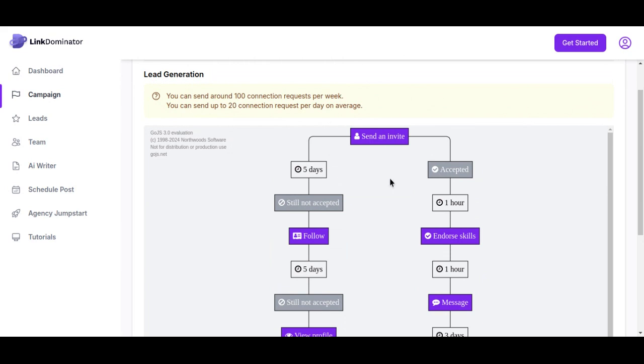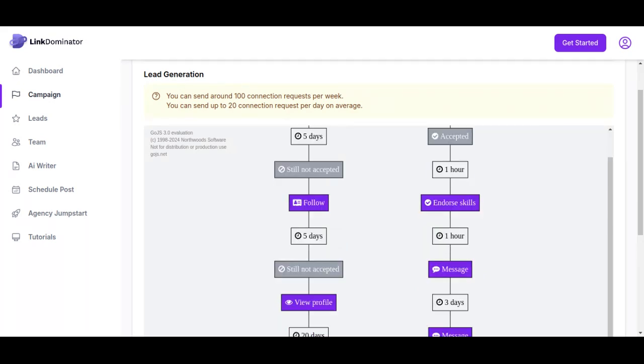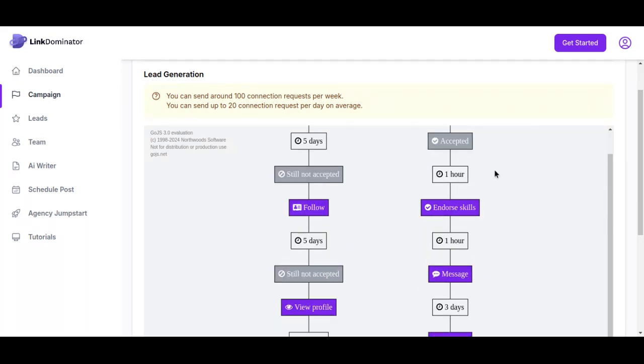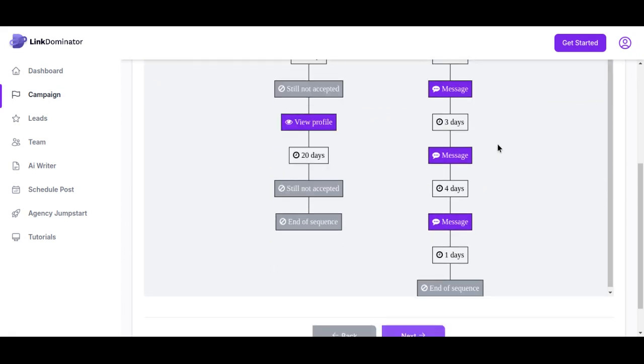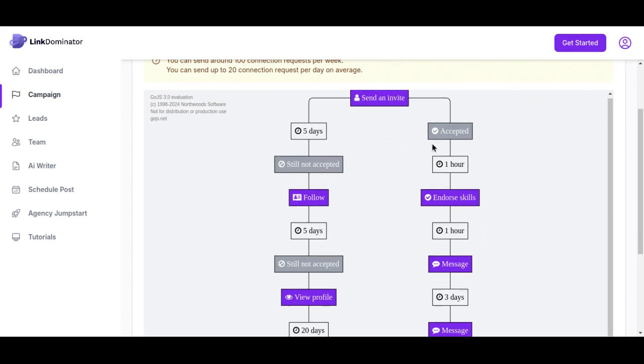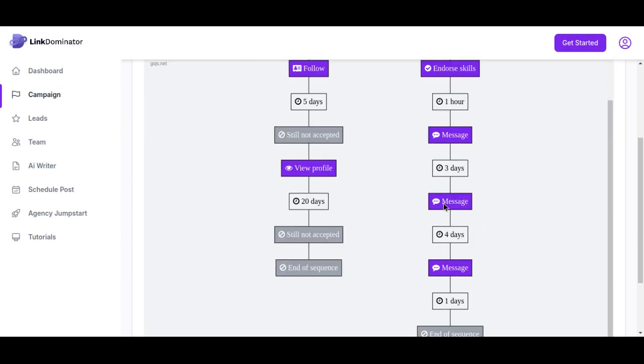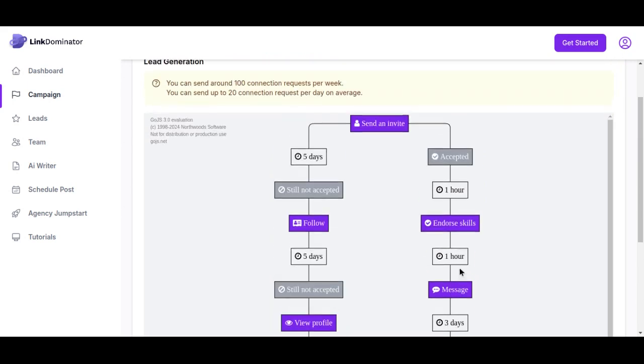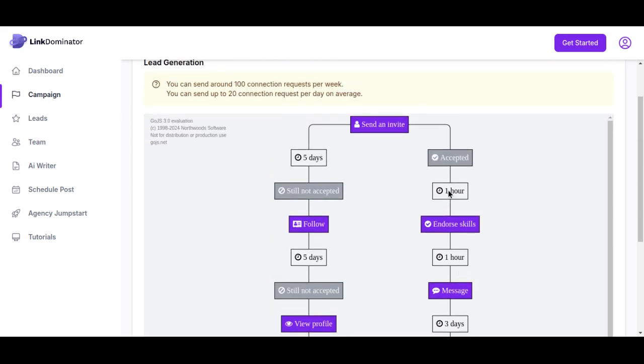For the connections that have accepted the invite, they are going to continue on this right process. The next one right here is to endorse the skills, send the message, send the message, send the message. And these are the delay times in between when the messages can be sent.